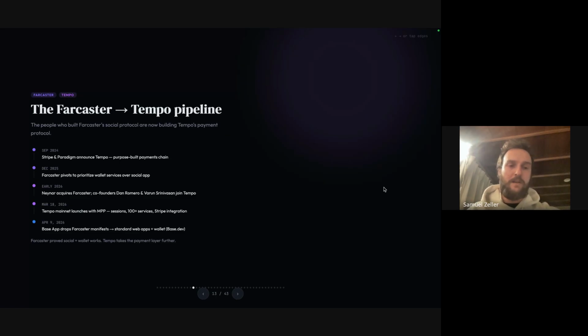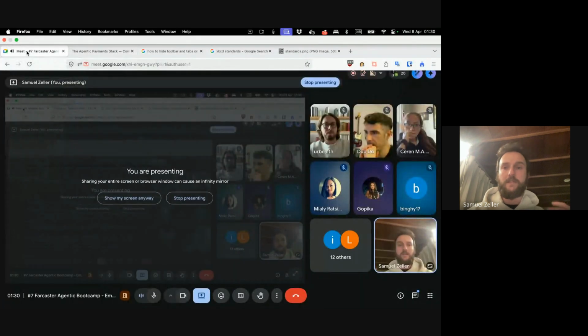But I'm not sure if you can use Tempo directly from Farcaster mini apps at the moment. But I think if you make a mini app that uses the Tempo SDK, you could have a bridge between Base, and there is already a bridge between Base and Tempo. So you can send USDC, and then once you have USDC on Tempo, you can interact with the Tempo ecosystem,